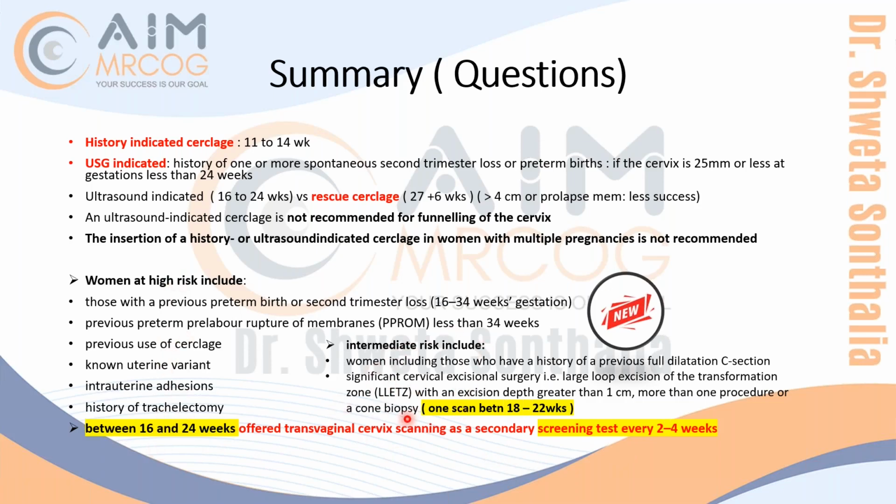The new thing is intermediate risk. The new thing is high risk also, because they have categorized into two now. Earlier in NICE preterm, you had only one criterion. Now they have separated it into two, high risk and intermediate risk. So high risk are these, and who are intermediate risk? Intermediate risk are women who have a history of previous full dilatation CS. This was never mentioned anywhere till now. LEEP earlier was high risk. Now LEEP is in intermediate risk. So they will definitely make an SBA saying that a woman has undergone LEEP and now what to do for her preterm birth chances or whatsoever. Like in trachelectomy, the preterm chance is 20 to 30%.